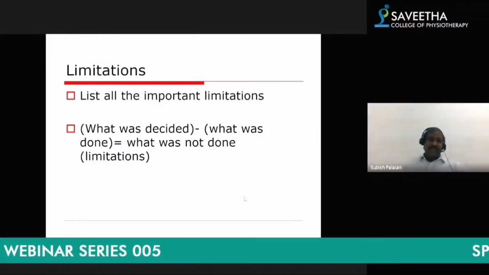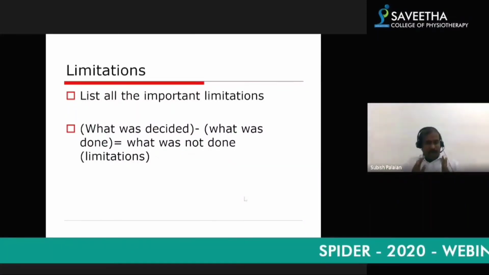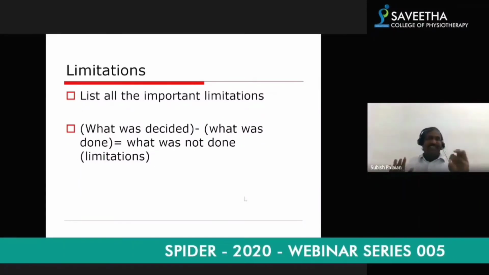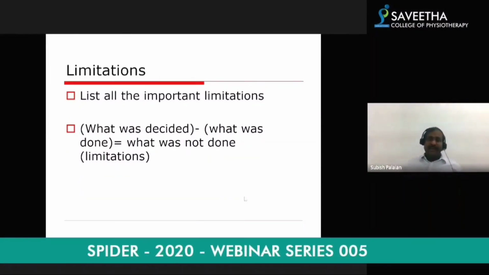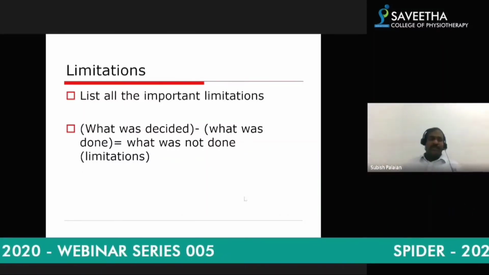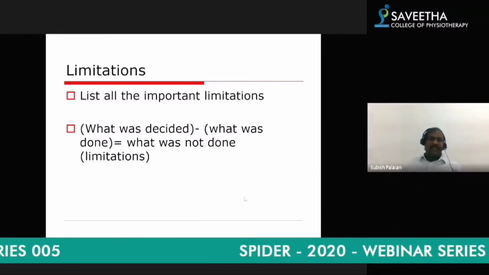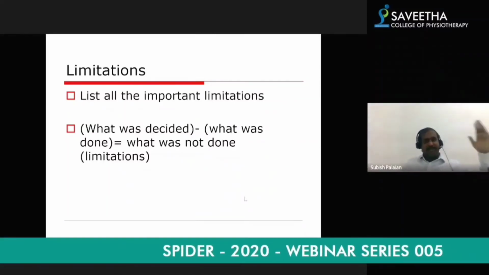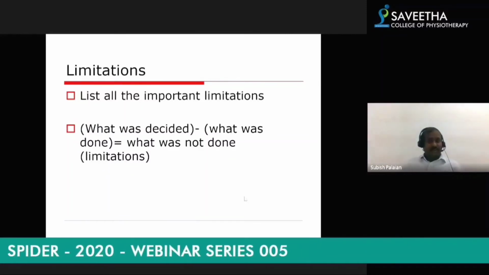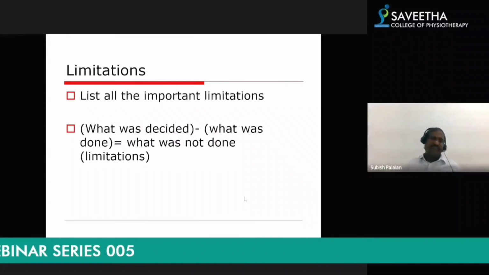So you see, limitation means you should not write something beyond the scope as a limitation. No. What you thought in your methodology, in that what you are unable to achieve, only that becomes a limitation. You cannot say, if our study is on back pain, comparing diclofenac sodium with another physiotherapy technique, that okay, this was not compared with other medicines and so on, because that was not part of your study. What is part of your study, what you thought of doing, and you failed to achieve, only those things you have to mention as limitations.